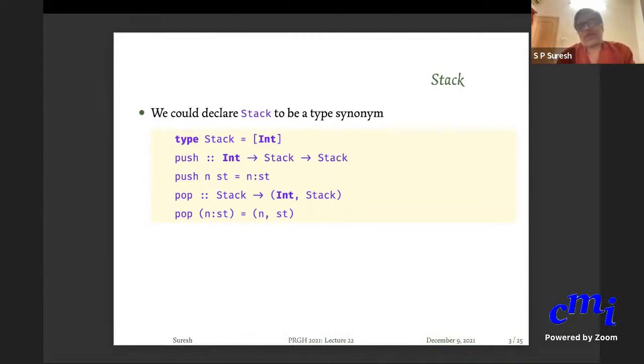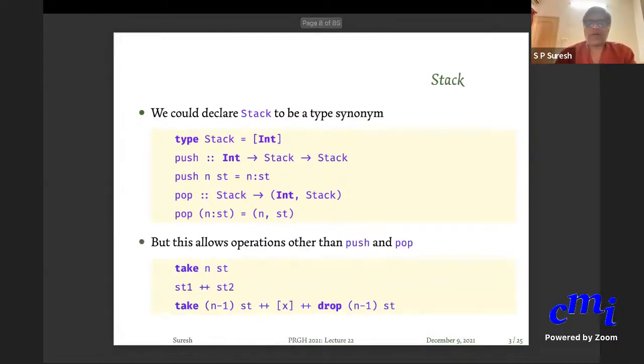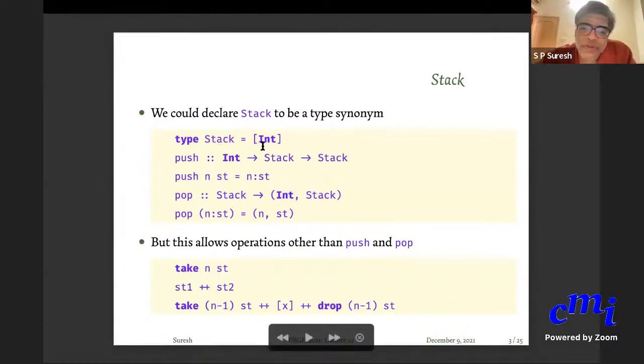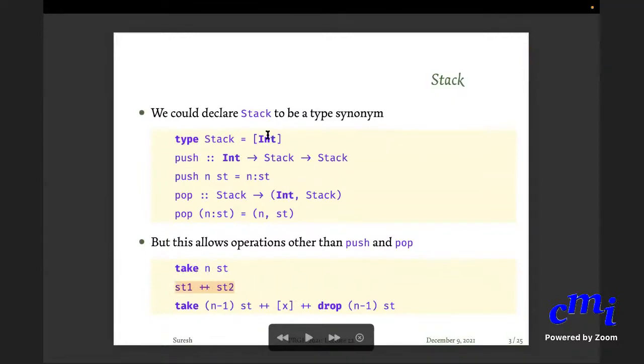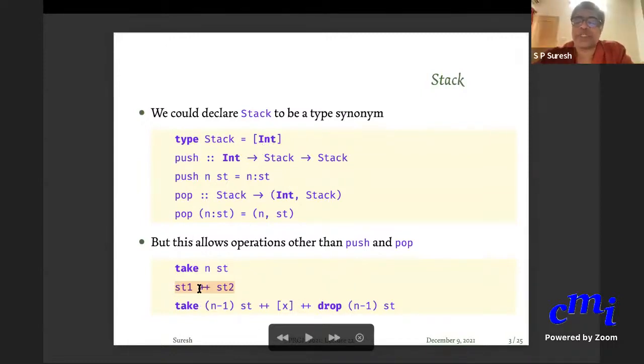But this program is fine, but there is a design issue, and the design issue is that if you're saying that stack is nothing but a list of integers, then it is possible to do all these kinds of operations on a stack. Stack1 plus stack2, even though when you want to view it as a stack, you want to allow only push and pop. You can do arbitrary list operations on a stack.